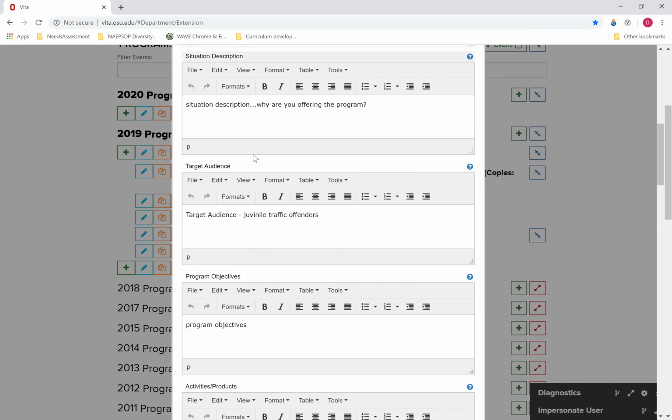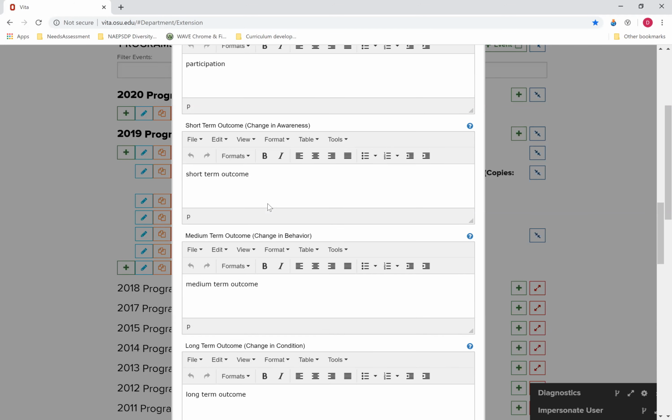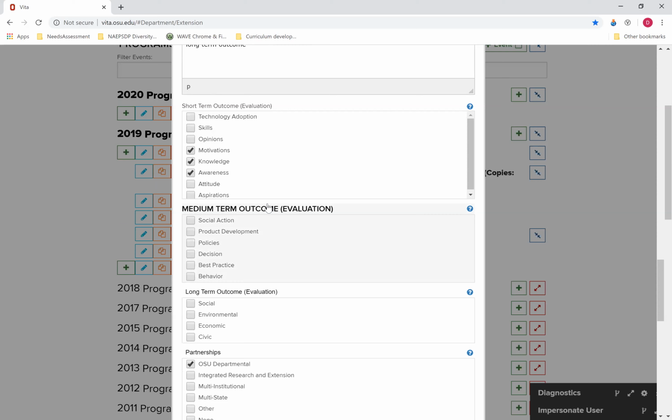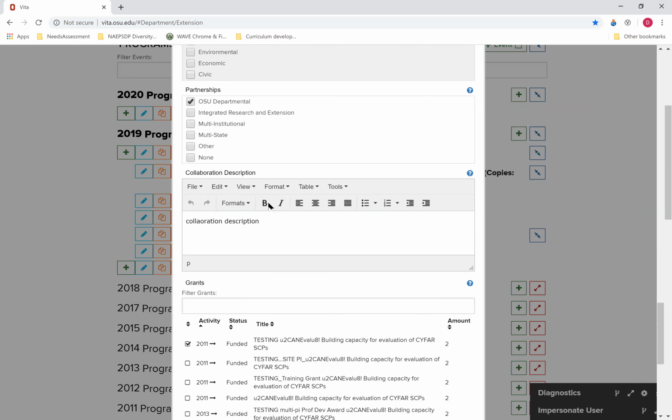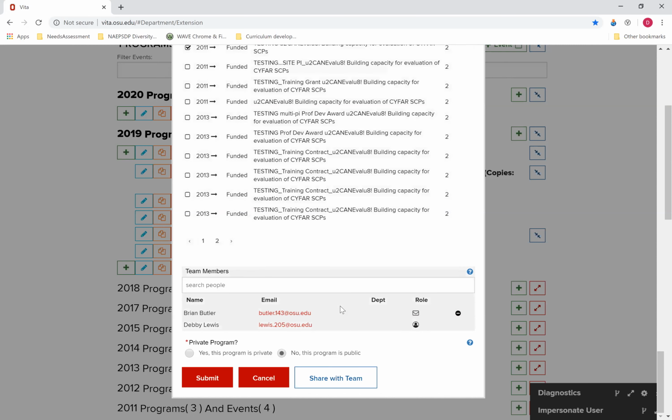We already talked about what all of these other fields were. Remember, I told you whenever you see a narrative field, you're going to have that WYSIWYG editor. So please go in and describe what the situation was, your target audience, program objectives. These are all open-ended. I did say I wanted to get to the bottom here and talk about team members. So just really quickly, team members, you can add people to this